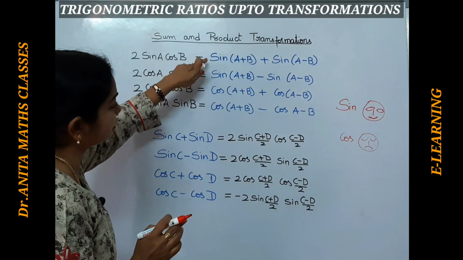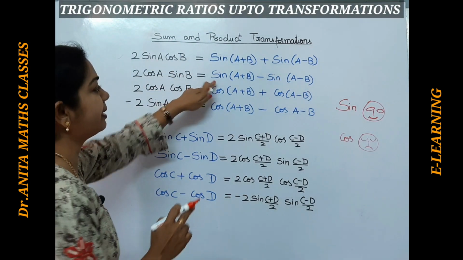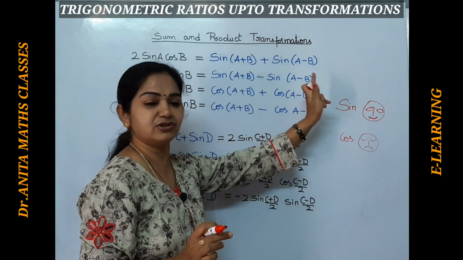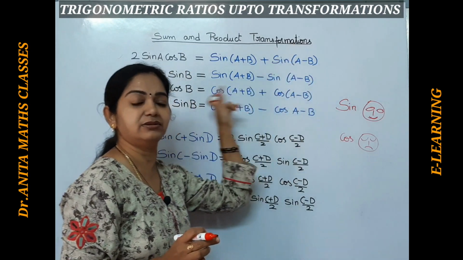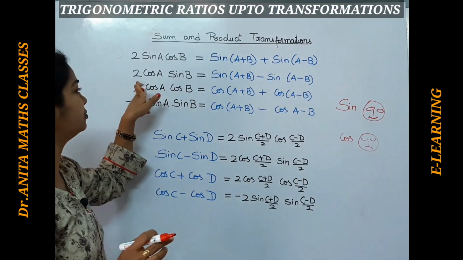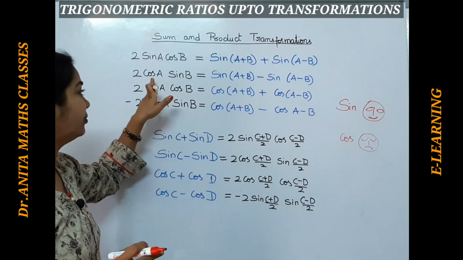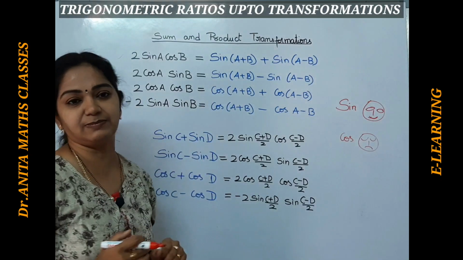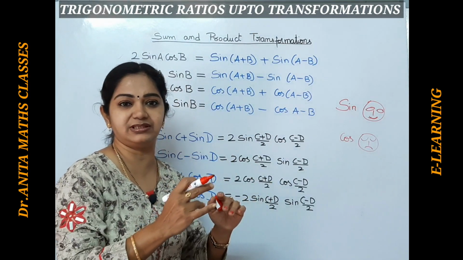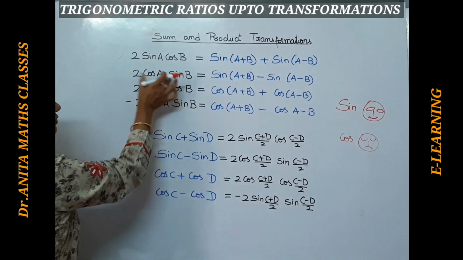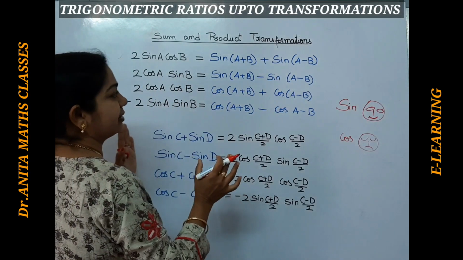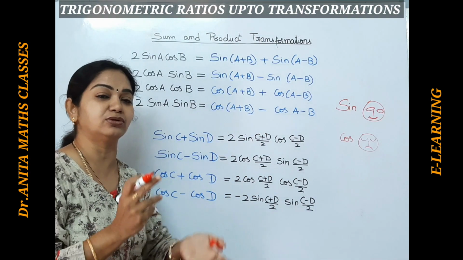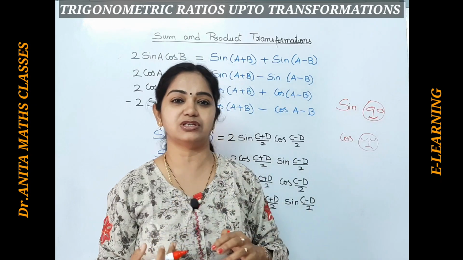Now if you are taking it to the second one, how do we remember this? Here is a minus function. Now if you expand them, minus of minus becomes plus. If you expand, they will get cancelled and you get 2 cos A sin B here. How to remember this? The second part of the function. Now we know sin A plus B is sin A cos B plus cos A sin B, isn't it? The second part is the answer for this. If you don't remember like that, just also remember that sine is somewhat a friendly function. It will not only take sine but it will include cos with itself, right?